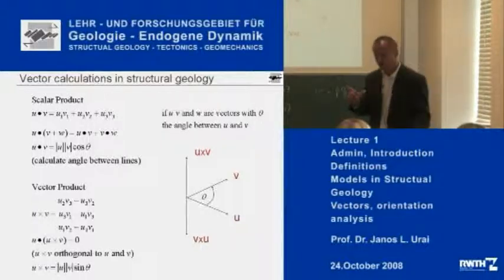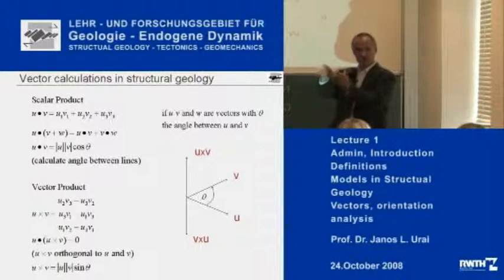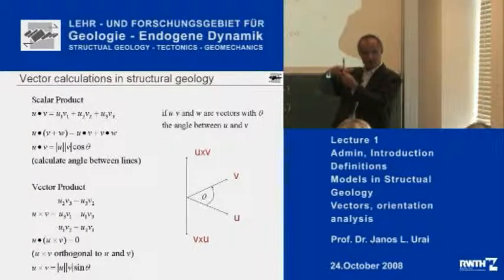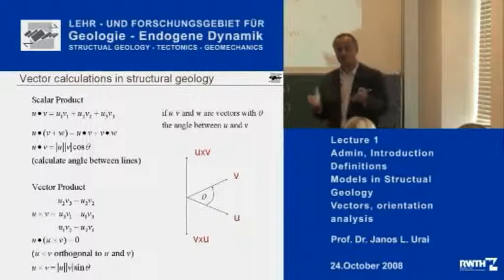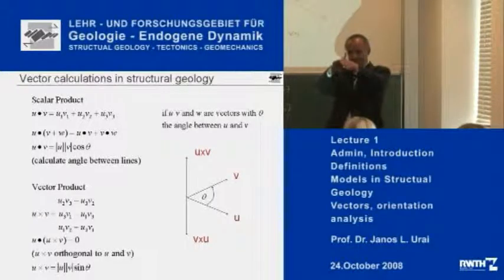So if I have two vectors, this one and that one, then the vector product is a vector which is perpendicular to both, and the length is this one times the sine of the angle between the two vectors. So for example, if I have two planes and I want to calculate the intersection of these two planes,